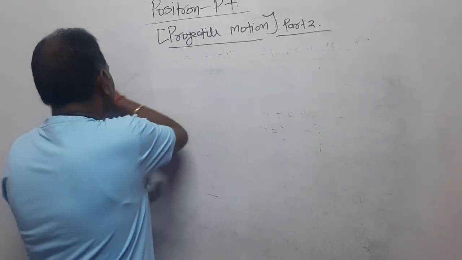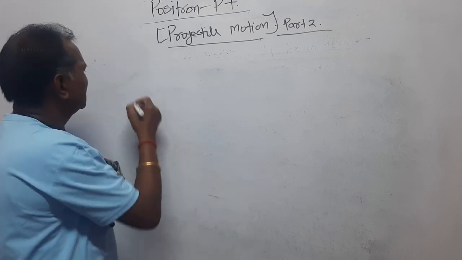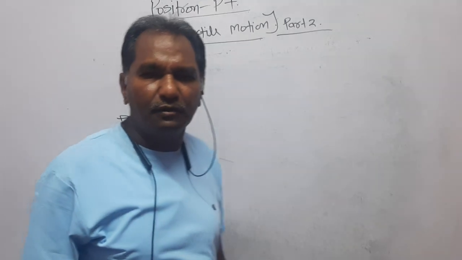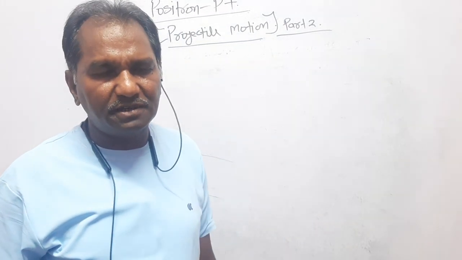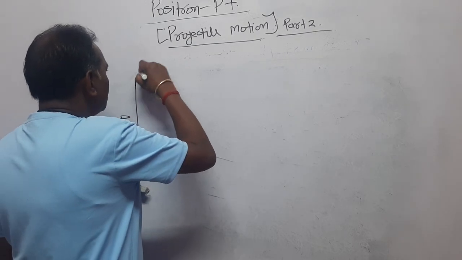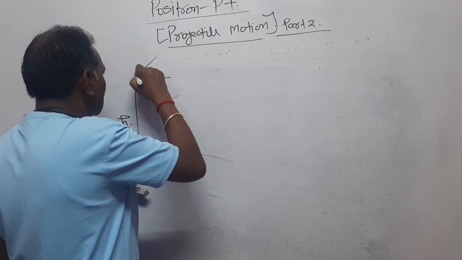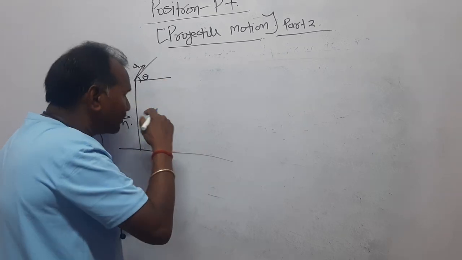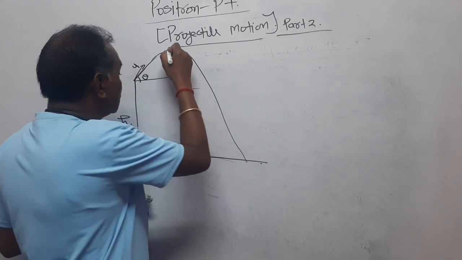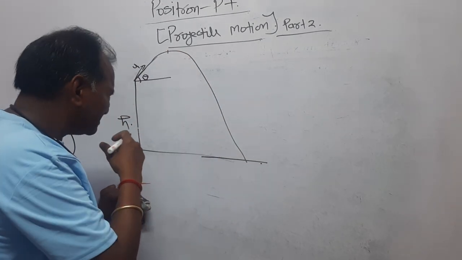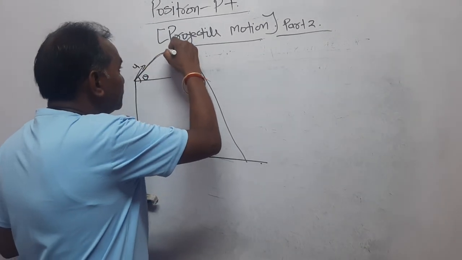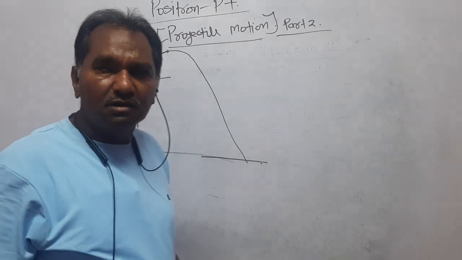Let's move further. This time, in the last case what I had considered was that the body was projected horizontally. Let the body now be projected in a vertical plane, making an angle theta from the horizontal with velocity u. Then the path will be like this. The body will go to the maximum height, following this curvature, and will come to the ground. In that case, how